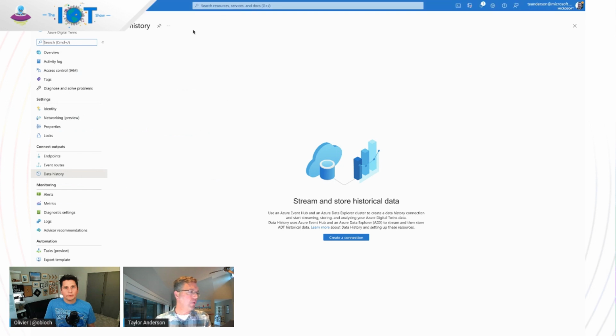All right, so what I've done is I've jumped over to the Azure portal here, and I'm looking at an example of an instance that I've created. This instance doesn't yet have a data history connection. I did create one for the one we were just looking at. But what you'll see within the portal for my digital twin is a new item here called data history. So if I click on that, I'll start a new wizard, which allows me to create the connection to the